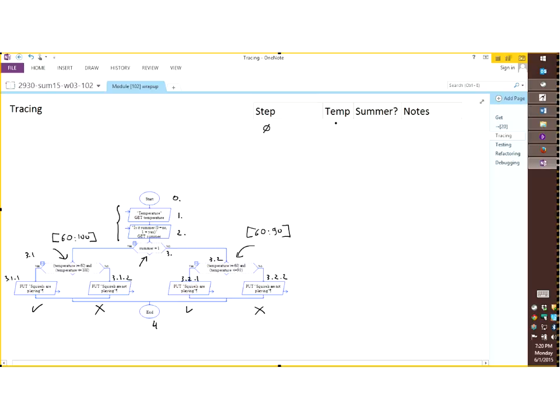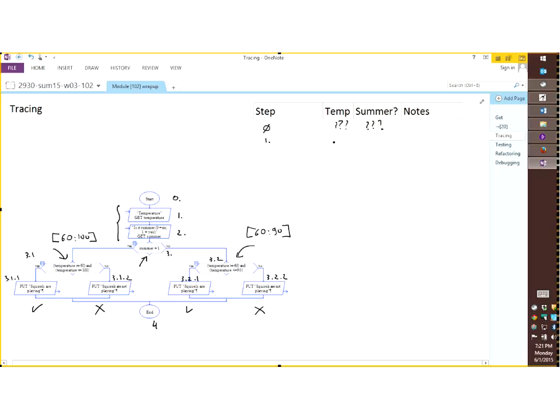TMP and summer, these are the two variables that we use. They don't have any value yet. Depending on the instruction, you can just leave them blank, or you can put question marks. Doesn't matter. Then we do step number 1, which is get temperature. So I prompt the user to enter the temperature.